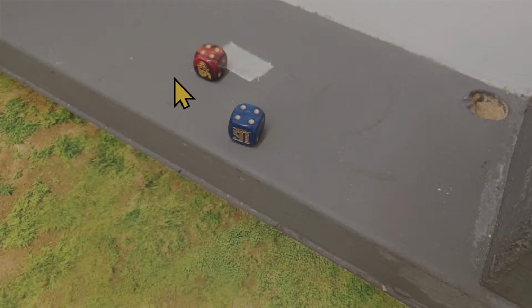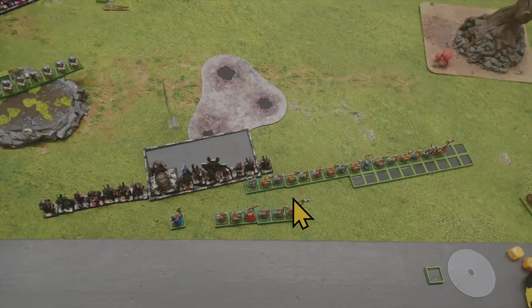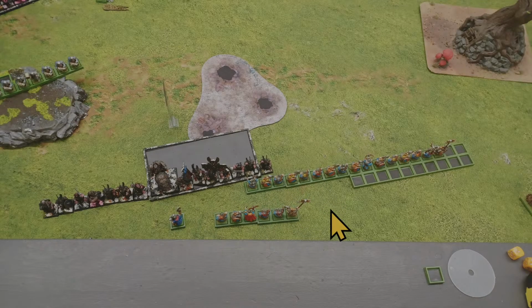This one charges into the Iron Drakes, does nothing, and loses combat. So again, this is a situation where I forgot that I should be strength 5 rather than 4. Over here, the Runesmith and the Rangers are getting killed, and then because I have to fall back in good